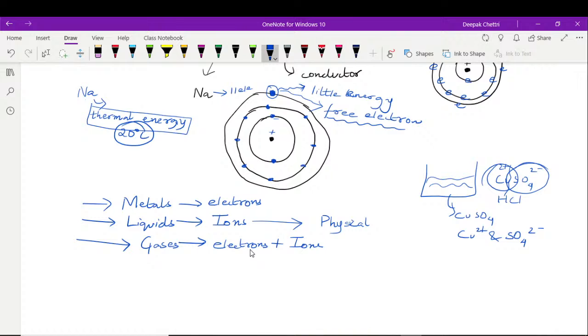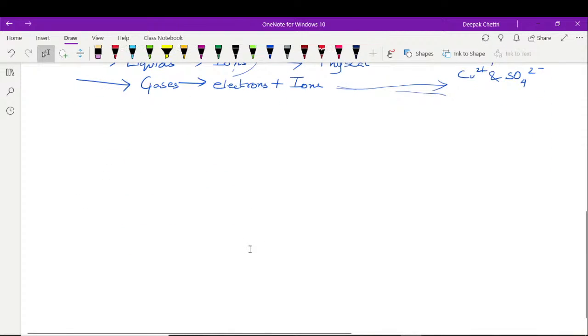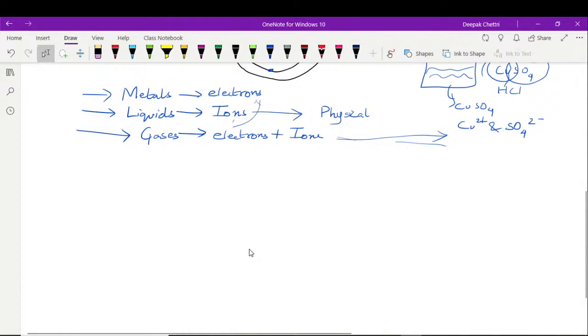And gases, it will be both combination of electrons as well as ions. Okay, it will be the combination of electrons as well as ions. Now what is an ion? If you don't know what is an ion, see, like I said here, sodium, when I gave example of sodium,